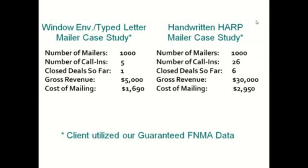No mortgage late in the year. We really targeted this list. He had a 20% closing ratio. He closed 1 loan out of 5 calls. He makes $5,000 a loan, about 2 points on a $250,000 loan amount. So he makes $5,000. He spent